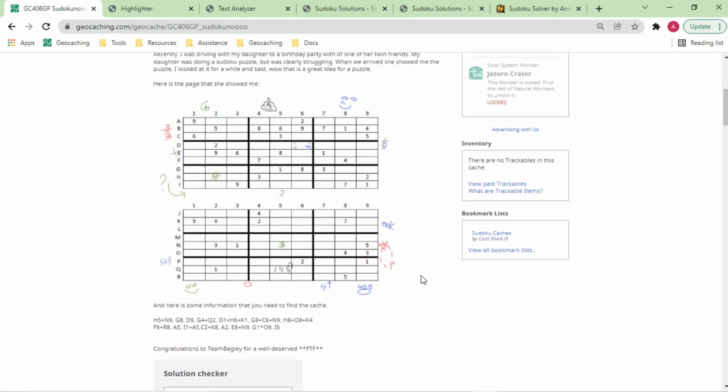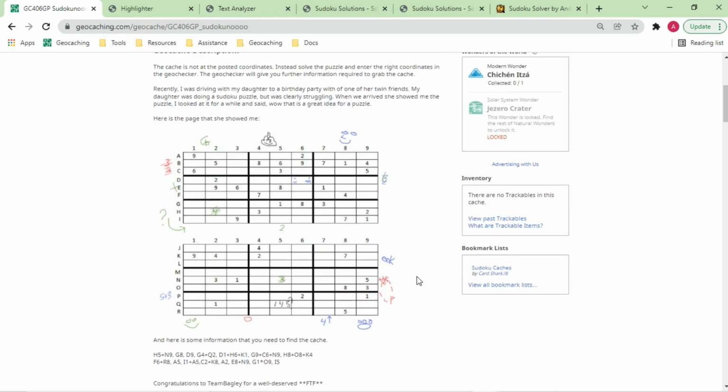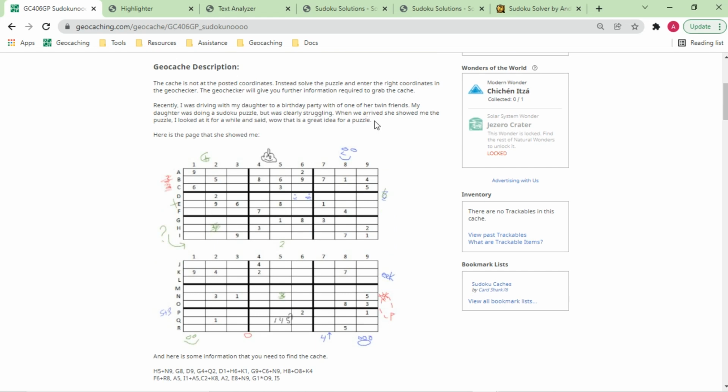The trick with this Sudoku is actually that they're not solvable. The bottom one, for example, has 14 numbers, and that's not enough numbers to solve a Sudoku with. So something is off here, and it's not completely solvable as we have it. So let's start looking at hints. So we'll take the text